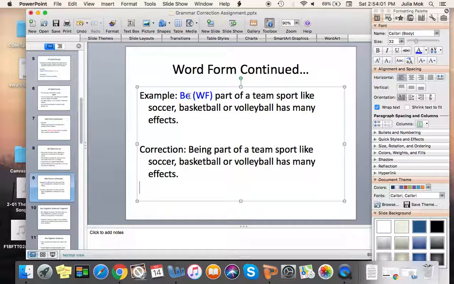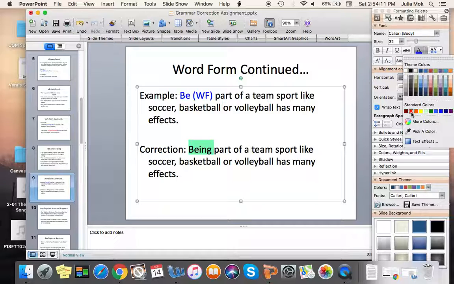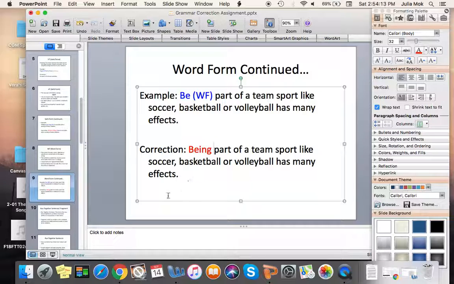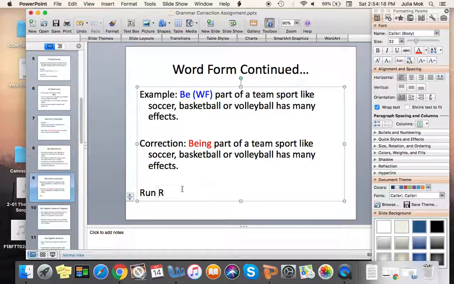And so we need to turn be, the verb, into the gerund of the verb, which would make this a noun. The way we do that is by adding ing. And most verbs can do this. Run becomes running. Eat becomes eating. These kinds of things. But it's a very common word form error to start a sentence with just the base form of the verb when it should be the verb with the ing to make it a